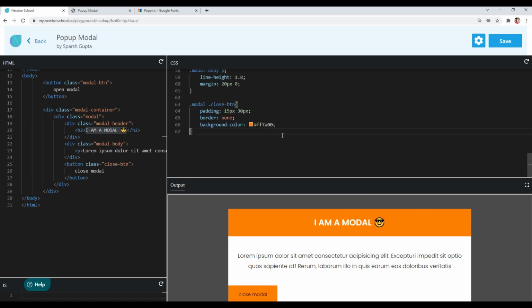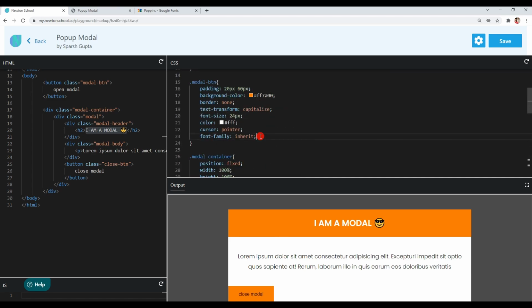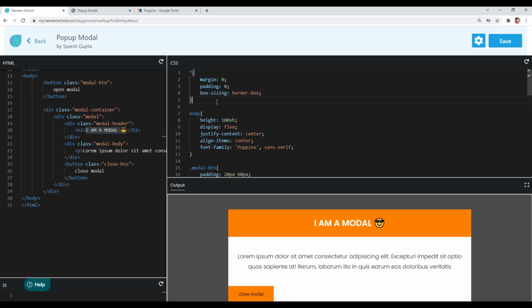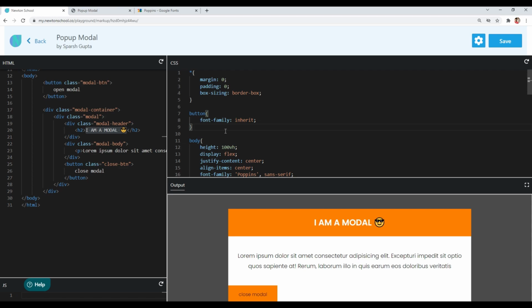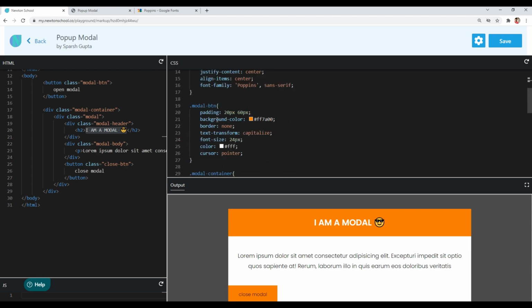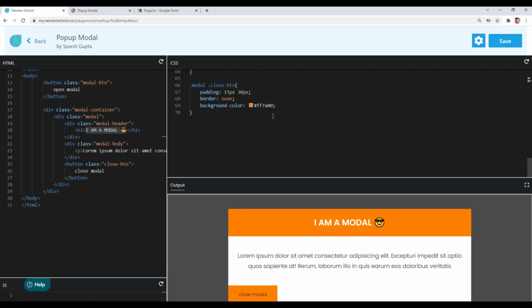or the best thing that you can do is basically you can remove the font family inherit from the buttons and you can basically declare a global styling. So you can target all the buttons and you can give font family inherit to all of them. Now wherever you will use the button tag, it will automatically inherit font family property from its parent. Okay, so you can do it like this. We got Poppins font on our close button.